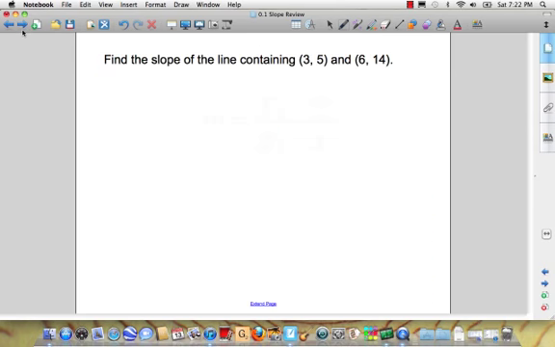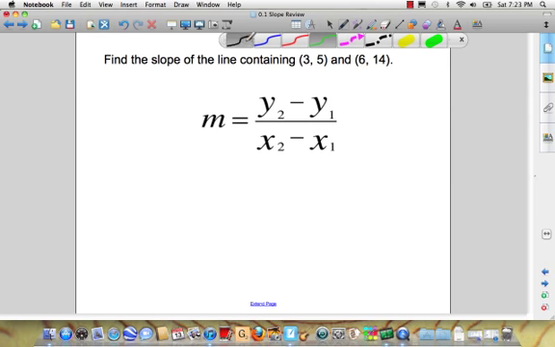Okay. If you're working without pictures, and you're asked a question like this, what's the slope of the line with these 2 points? Well, here's the slope formula. So we'll plug into that slope formula. Remembering that, this point here, the 3, is the x1, and the 5 is the y1, 6 is x2. Okay, so plugging into that formula,